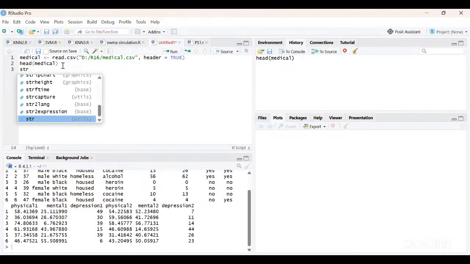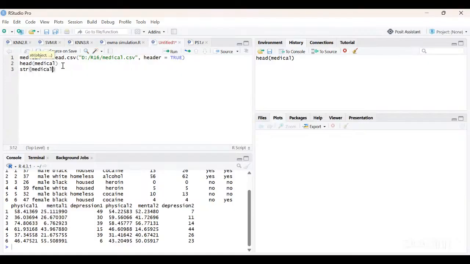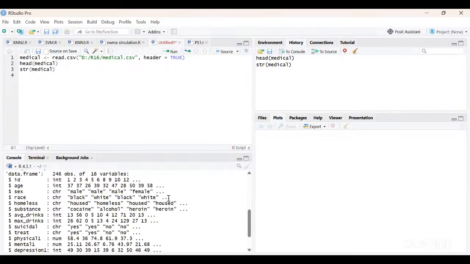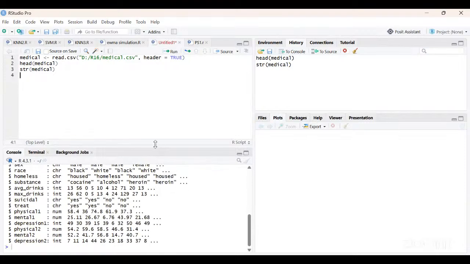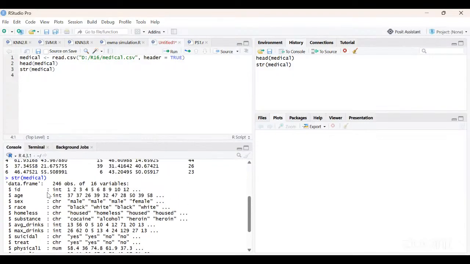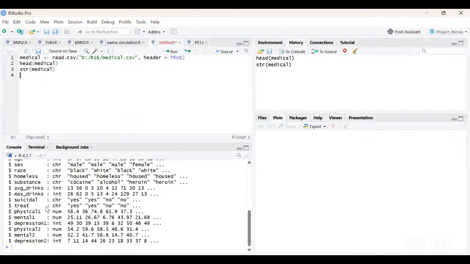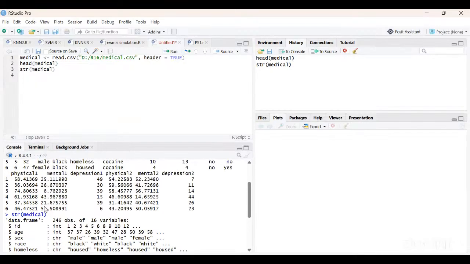If I would like to see the structure of this data, str is the command, and then the data is medical, since the data is stored in medical. Control Enter, and you can see that it has been executed. ID is an integer, age again is an integer, sex is a character, race is a character, homeless is again a character, average drinks is an integer, etc. Physical and mental are numbers, depression is an integer. So wherever you see numbers or integers, or both,